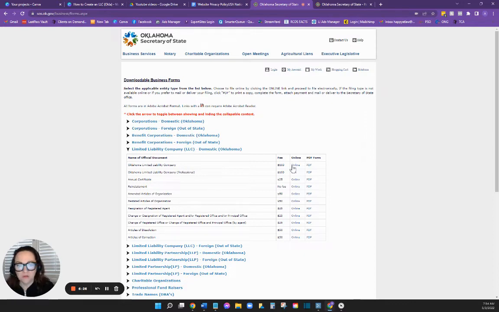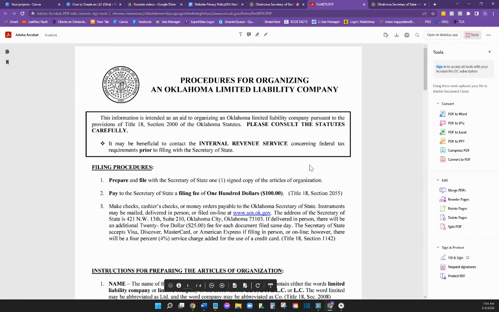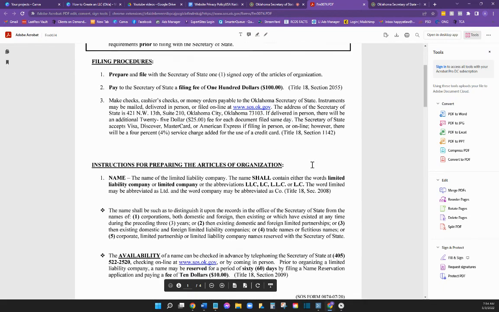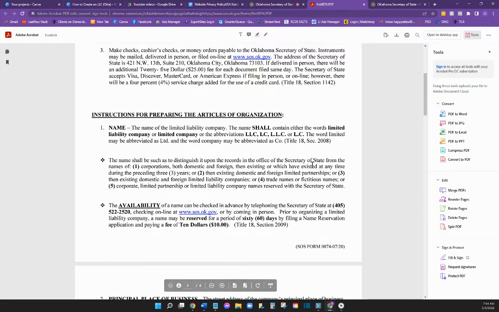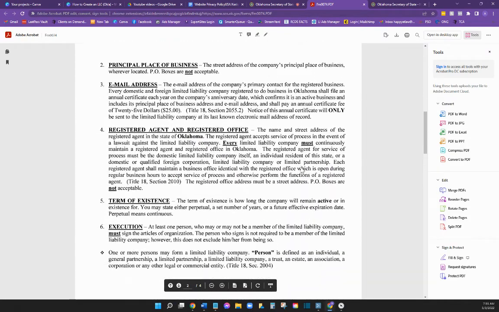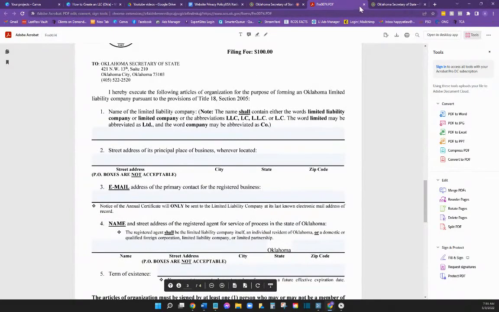You're looking for this first one right here. So we can either click on the PDF and get a version that you can print and fill out. And if you watch the video about how to do this for Texas, this is similar to the way Texas does it. There's instructions and then a form you can fill out with your information. But let's hop back to,